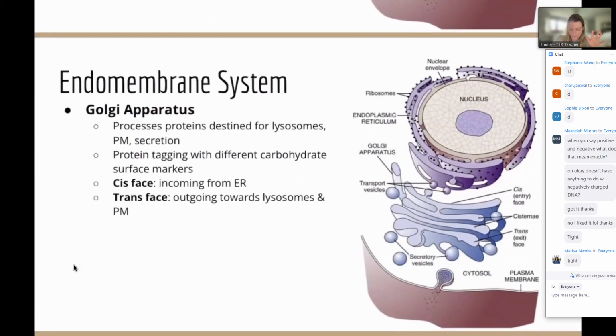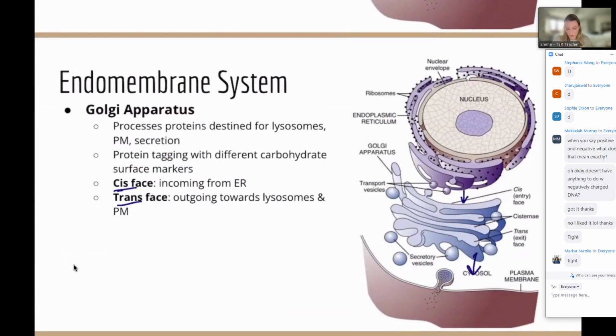This is probably a review. The Golgi is kind of like our post office. It's accepting packages, delivering packages, organizing, potentially repackaging. I always like to think of this as the post office, which does seem simple, but I think it really works because you also have to remember that you've got your cis face and your trans face. We see these words a lot in biology, but the cis face is where things enter, potentially from the endoplasmic reticulum, and then are processed through the Golgi and sent to the trans face, which is our exit face, usually closer to the plasma membrane itself.